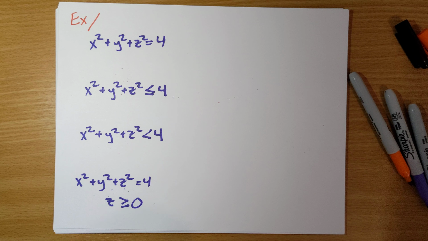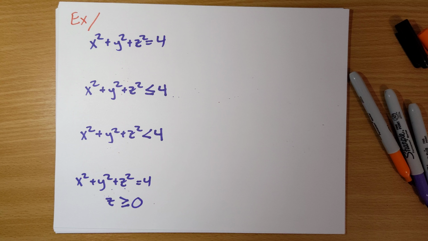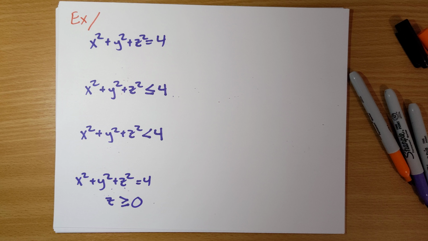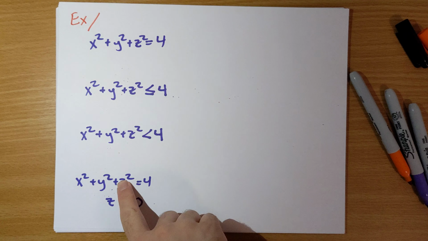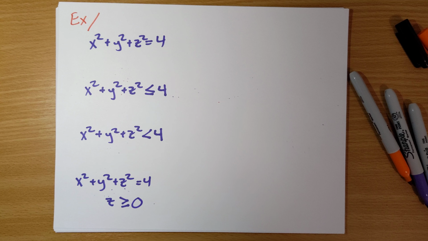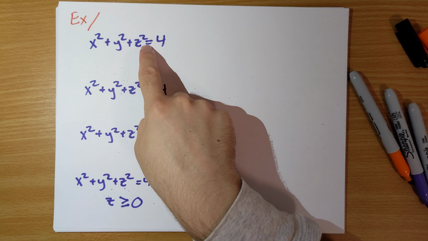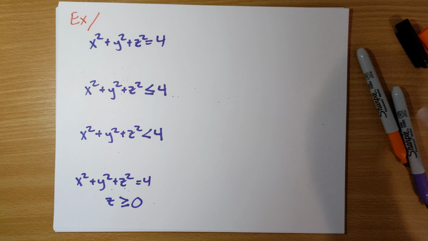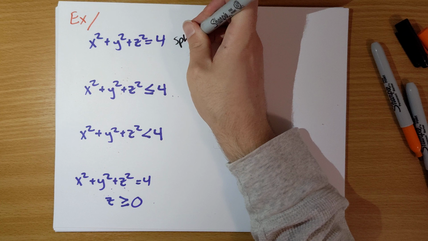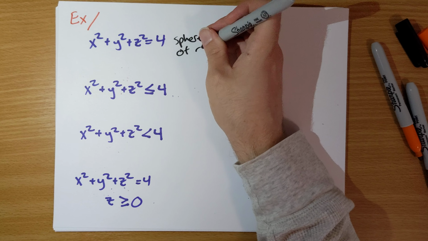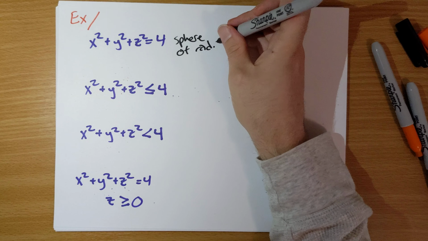To finish off this video, and in fact to finish off the section, I'm borrowing this one with a little bit of modification from the book. Let's just write down interpretations of, what points satisfy all these equations. So x squared plus y squared plus z squared is equal to 4. This is a sphere of radius square root of 4 is 2,